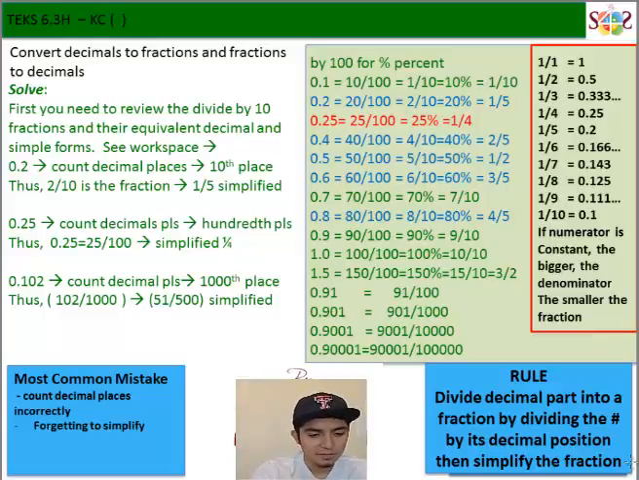A good way to see this is to think of it as 100%. So here we have 0.1, which is equal to 10 divided by 100, which can be simplified into 1/10, and then 2/10. You see here that they all equal each other, which can help you in the long run, especially when you're looking at numbers such as